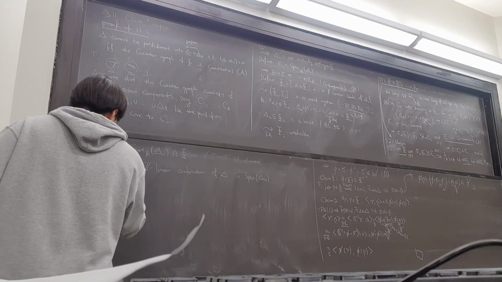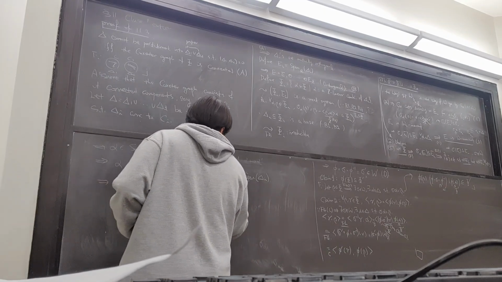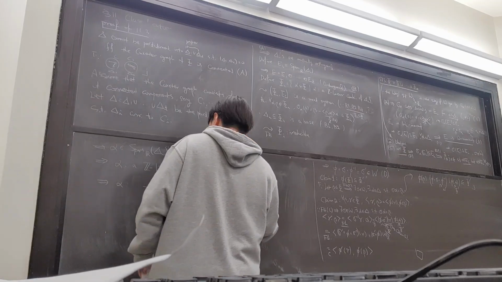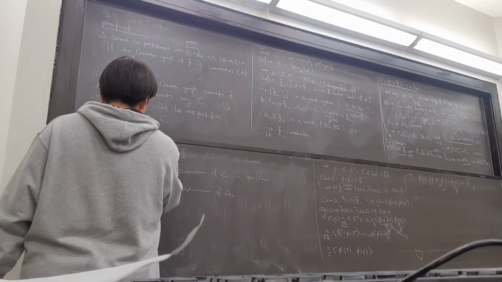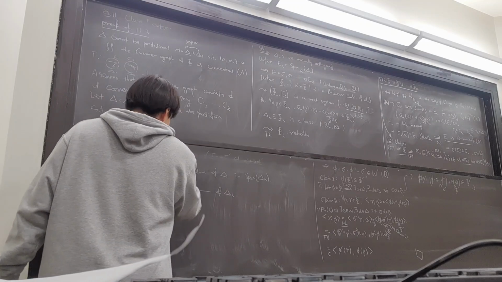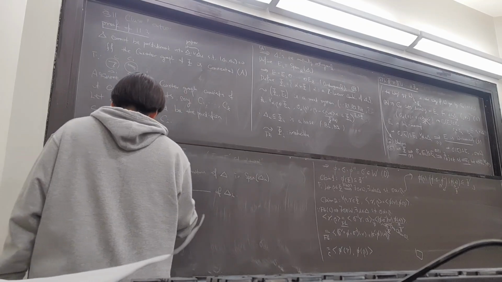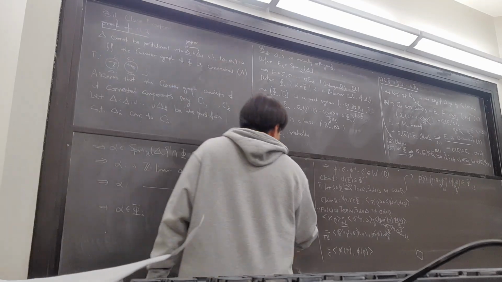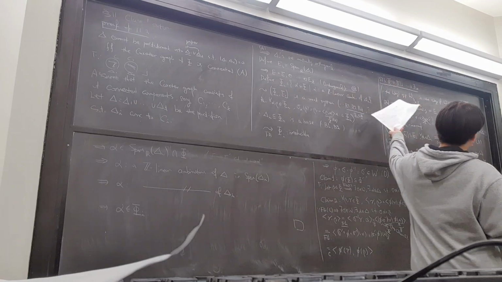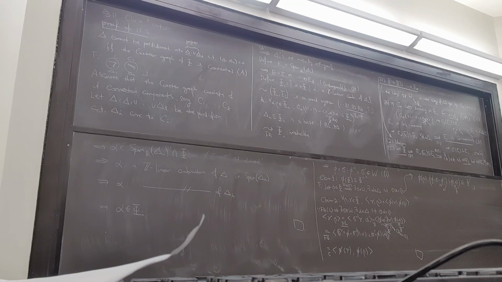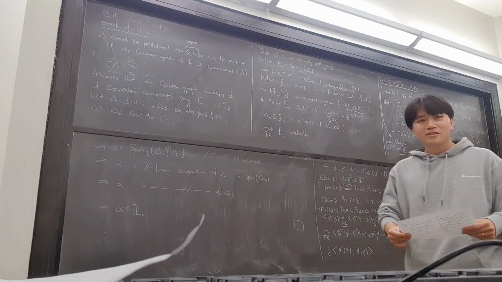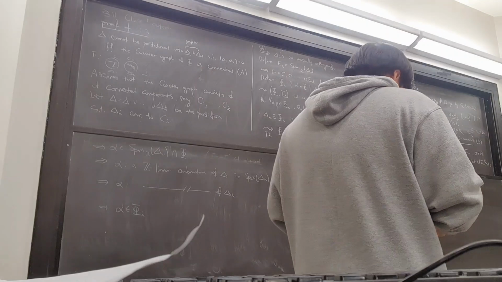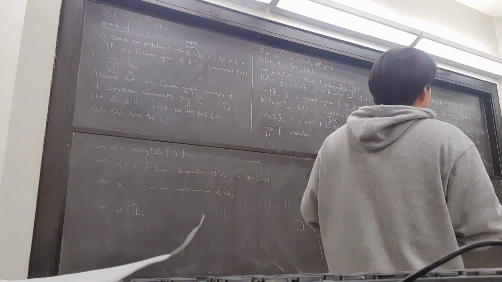So that's saying alpha is a linear combination of delta I. And then because alpha is contained in pi, and this is just the definition of pi_I, so alpha is in pi_I, right? And so we showed that